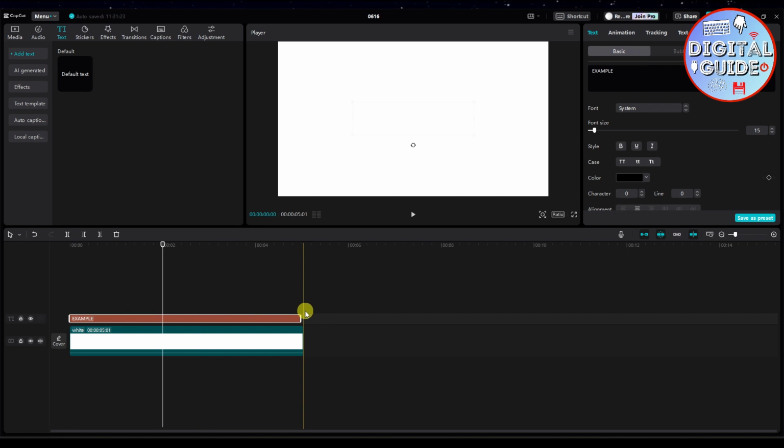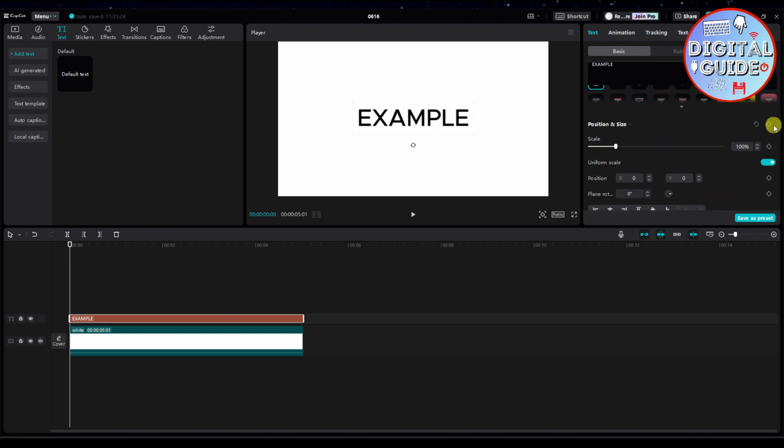And let's say, for example, that we want to enlarge the text from small to big. So what we're going to do here is to use the keyframe, which is located here on the right screen. So you will see this diamond shapes right there. So these are the keyframes that we are going to use. So all we have to do is to click this keyframe, and you will see that we have now created a keyframe from the beginning. And then let's go to the end, and then let's make this text big